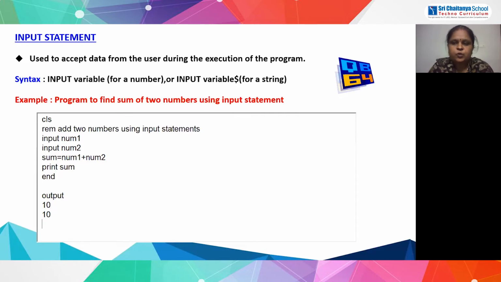The moment you press enter, you can see the number 20 on your screen. So on your output screen you will see three numbers: the first number, the second number, and the third number, which is the output of your program. Is that clear, students? Okay, let us move further.